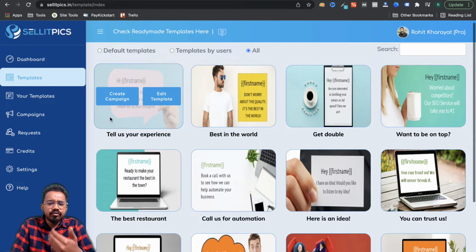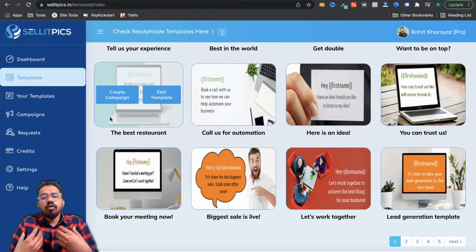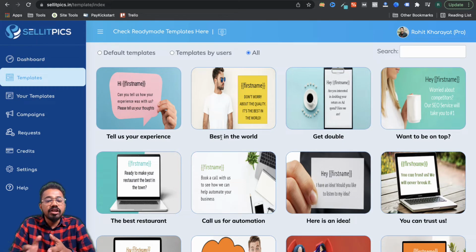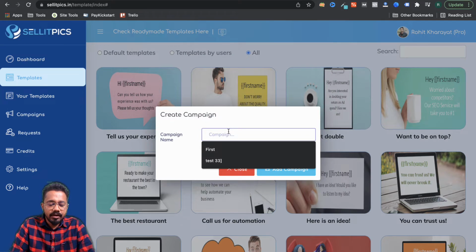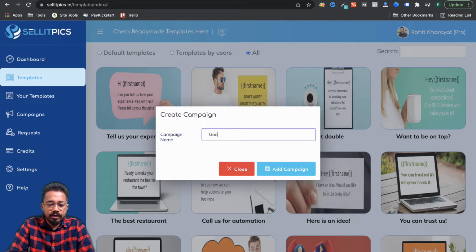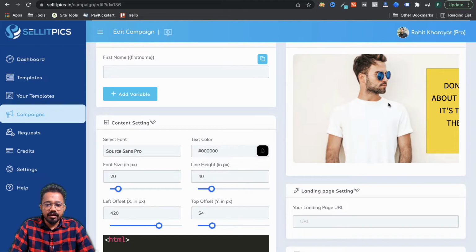For example, if you want to add your own images or photos to your campaigns, your email campaigns, you can do that. I'm going to create a campaign here and give it the name Gigi, and I want to add this campaign. What it will do is create a full-on campaign for me. Now, as you can see, the image is not loading on my PC because I have a different resolution. So here you have to put a name.